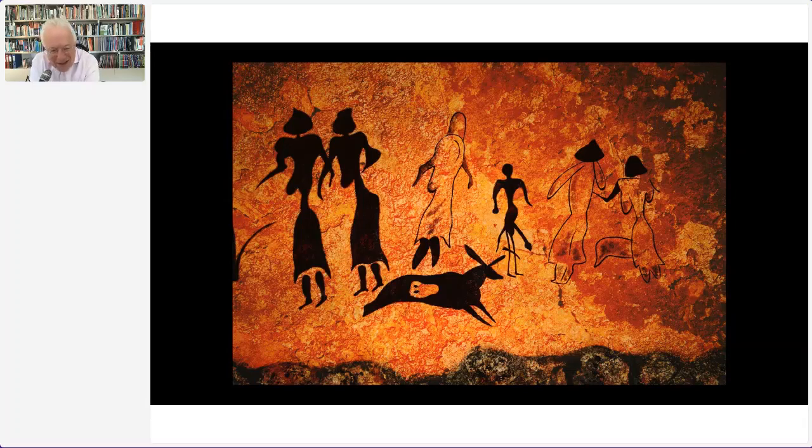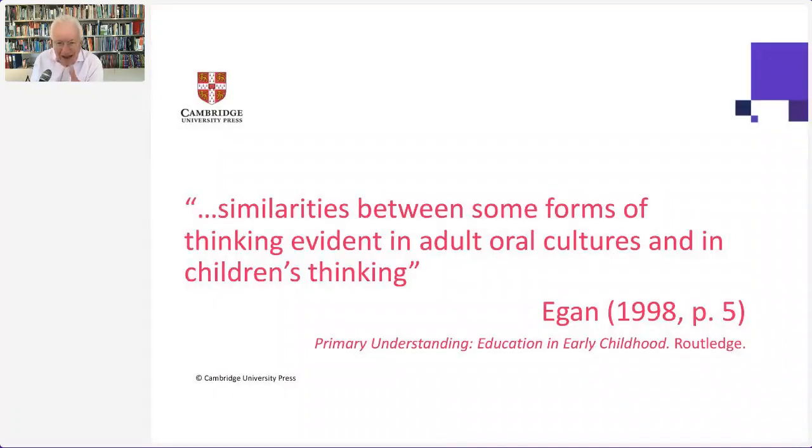And I'm using this image on purpose for one particular reason, because brain scientists and educational psychologists have started to discover that very, very young children, so preschool children, go through certain stages in their development that are very similar to the stages we went through as humans in our own history.